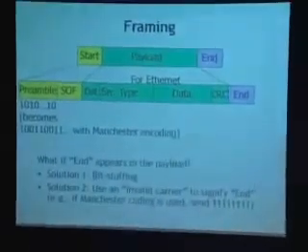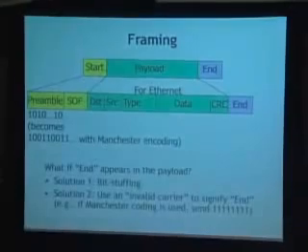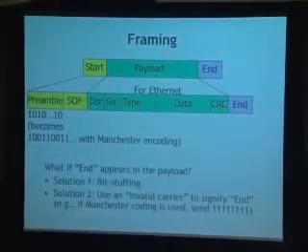So one thing we might be concerned about is, for example, what if the network layer tries to send a message that contains the end symbol in it? That would be a problem, right? Because then the link layer would have inadvertently terminated the message, even though this wasn't really the end of the message. This was just something that happened to be the same code as whatever the link layer had chosen for its